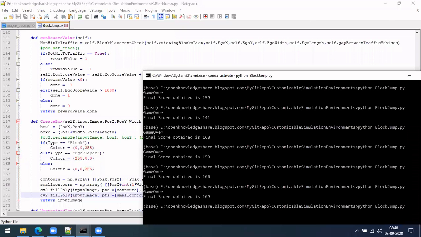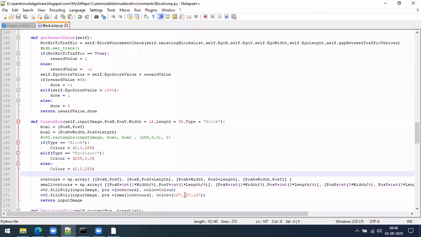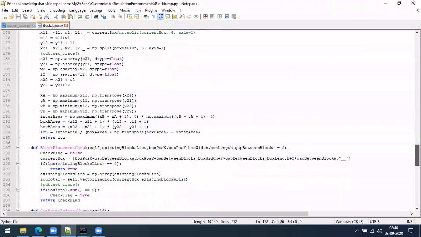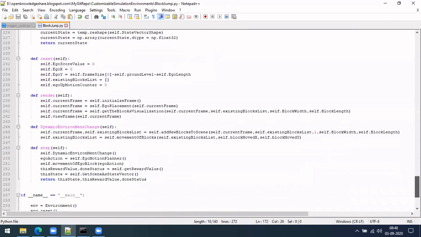So, which you can see here. This gray box in the middle, I have added that as well, so you don't have to go inside so much. I just want to show you these things. And one more thing is after the movements of blocks.